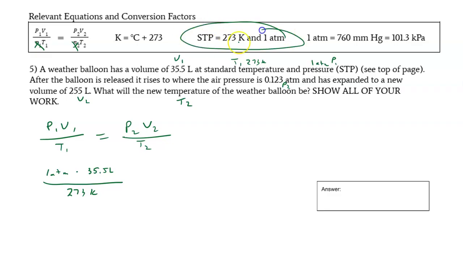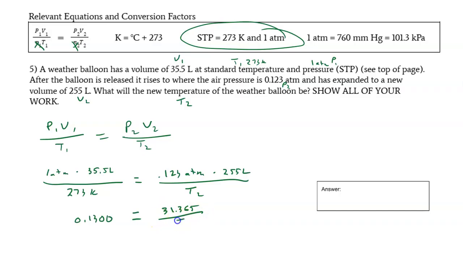Okay, so just a reminder, standard temperature and pressure is 273 Kelvin. That equals P2, which is 0.123 atm, times V2, which is 255 liters. We don't know T2. All right. So in this case, because we have so many numbers going on here, I'm going to recommend that we simplify. So we go 1 times 35.5 divided by 273. We're going to get 0.1300 on this side. It's going to be equal to 0.123 times 255 gives us